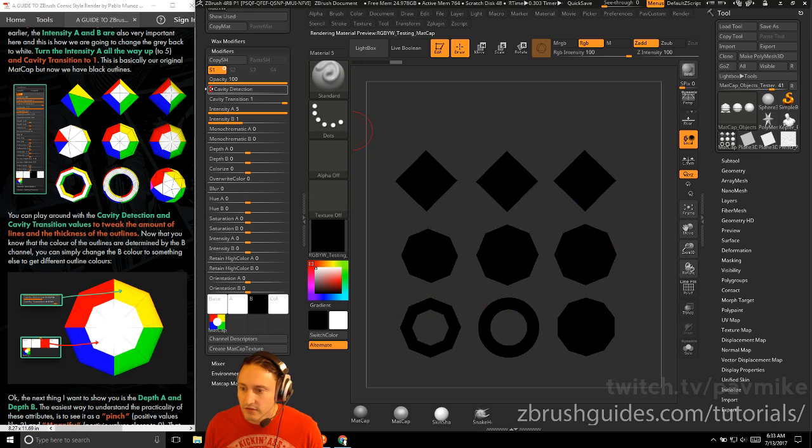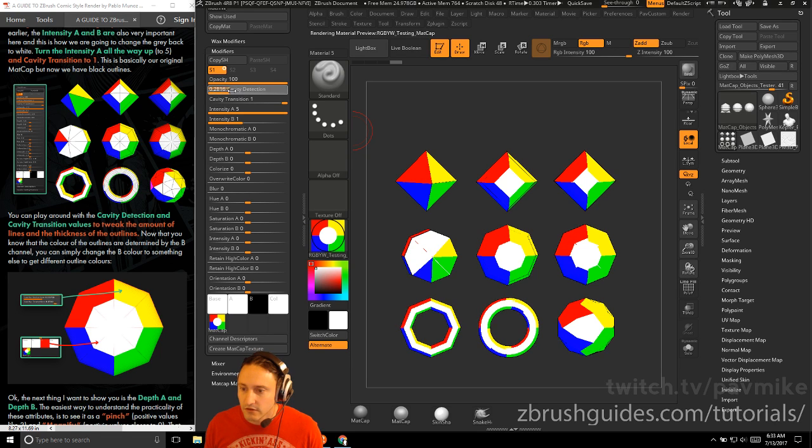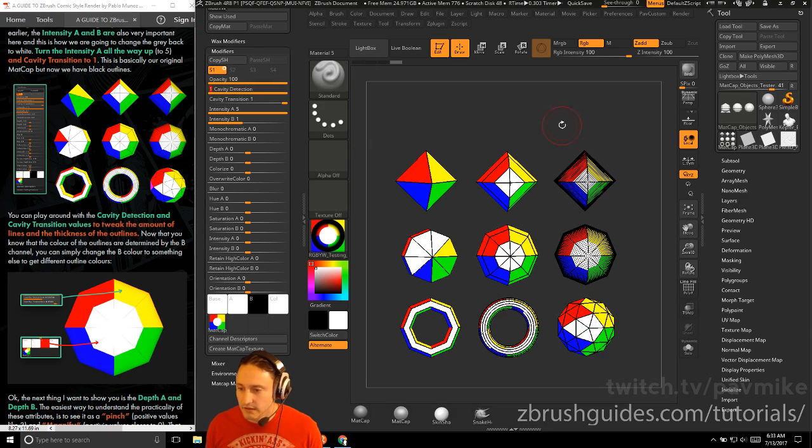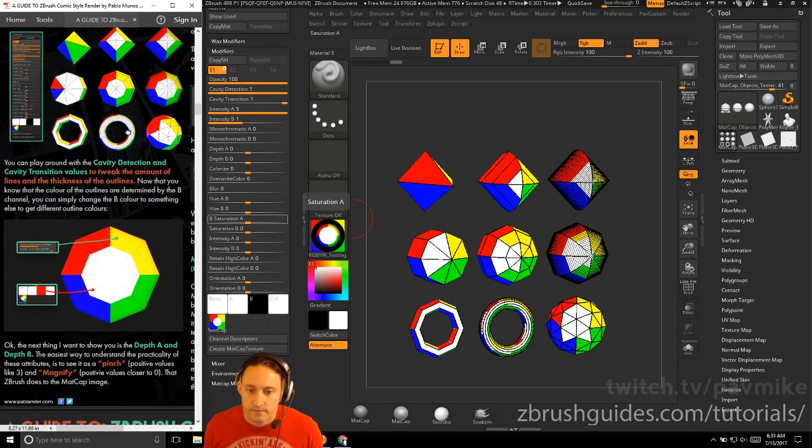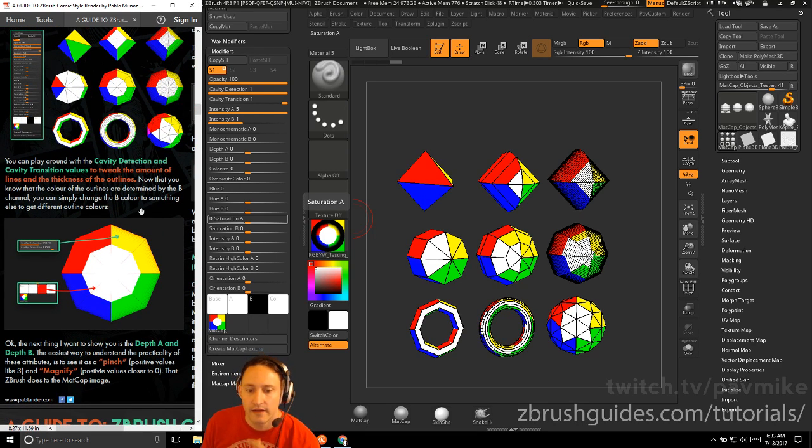If we do cavity detection down to 0, it's just going to be black. So as you crank this up, you're getting more and more harsh lines wherever you have polygons. So you can see over here, we're getting harsh lines everywhere we have a lot of polygons. On really simple objects, we're just getting basically an outline of our object there. You can play around with the cavity detection and cavity transition values to tweak the amount of lines and thickness